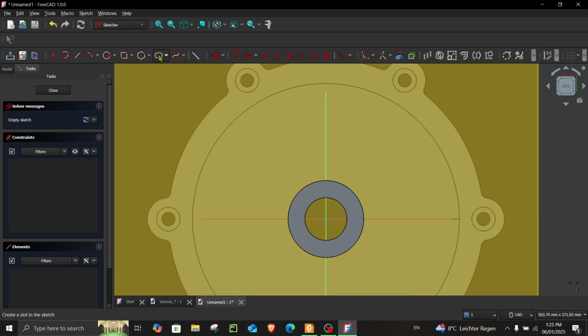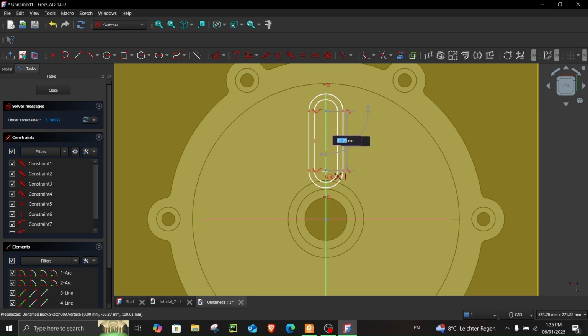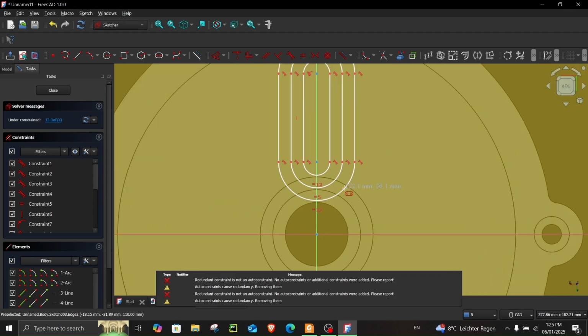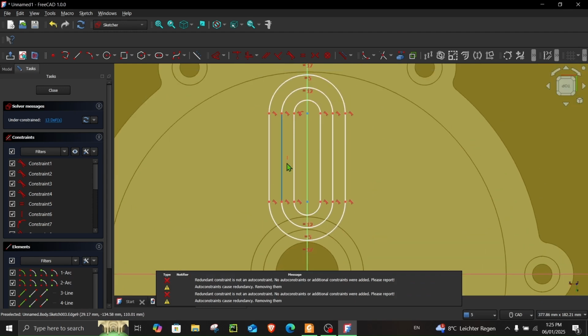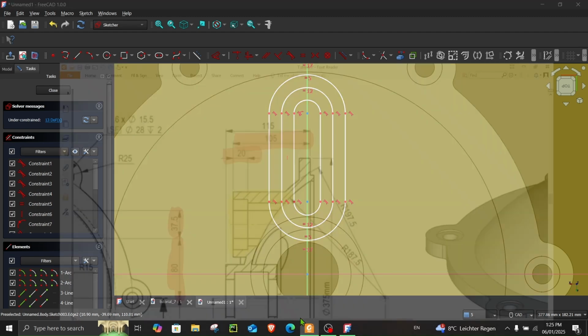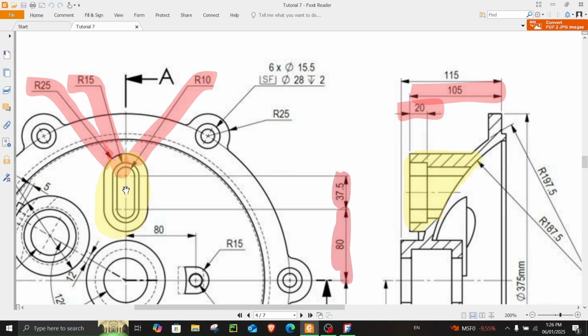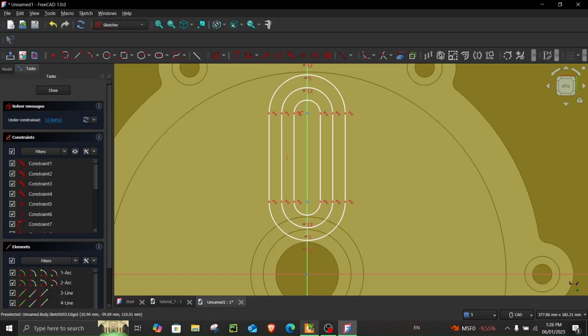So we have to create 3 slots. For that, just go here, create slot, click here so that you can view the sketch unblocked. Okay, now let's proceed with the dimensions. So this one over here is 37.5, the length between the 2 points, and the bottom point is 80 millimeters above this horizontal axis. So let's do that,